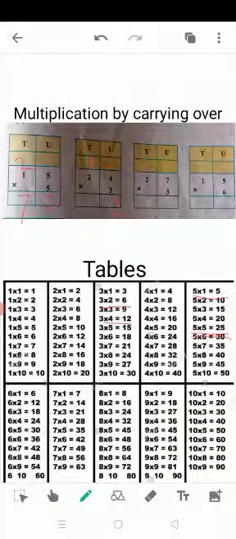The answer has come 6. Within this 6 I also add this 1 ten. I carried it over on the 10 side, and that's why I add this 1 to the 6. 6 plus 1 is equal to 7. The answer has come 7, which means 7 tens 2 units, 72.